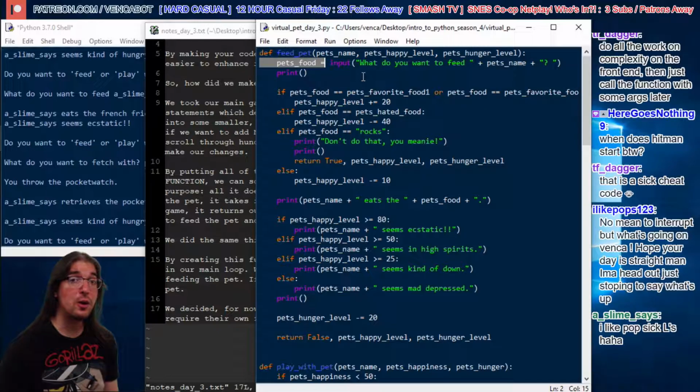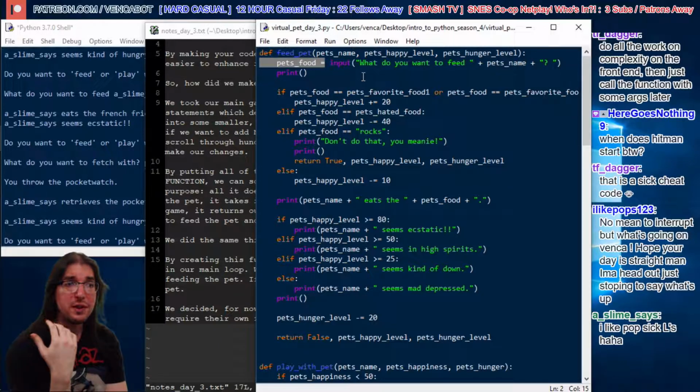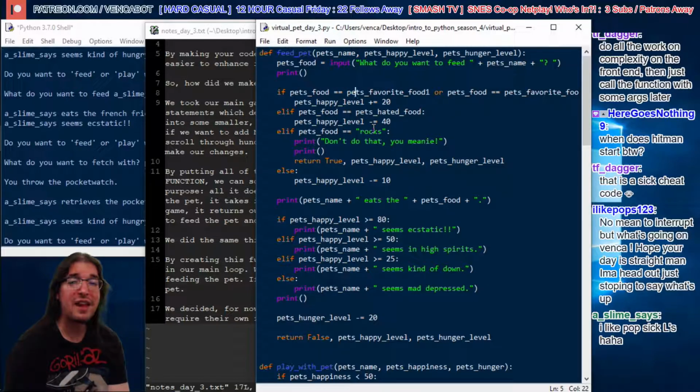If we wanted to change this code, but leave the other code the same, let's say that one day I wake up in a cold sweat and I'm like, yo, we need to have more hated foods. Right? We have 2 favorite foods, we need 2 hated foods now, right? Well, thankfully, oh, I just realized we have some more things that need arguments here. Anyway, we know that we can add that very easily because we have this little code block here